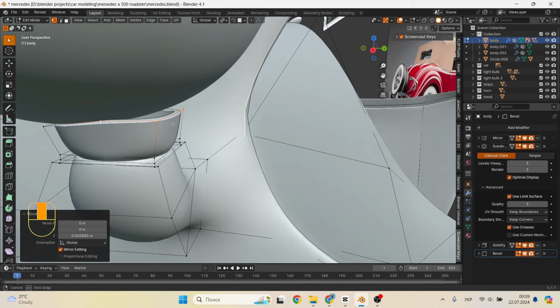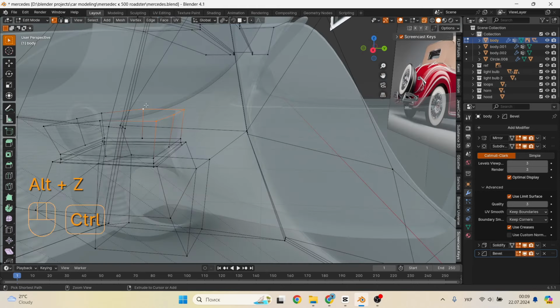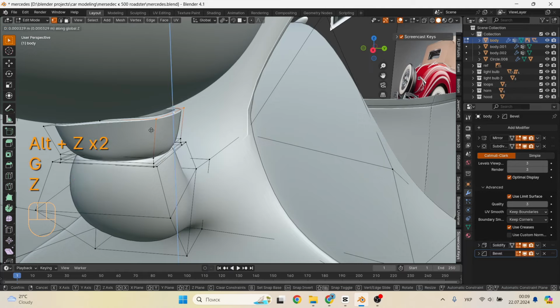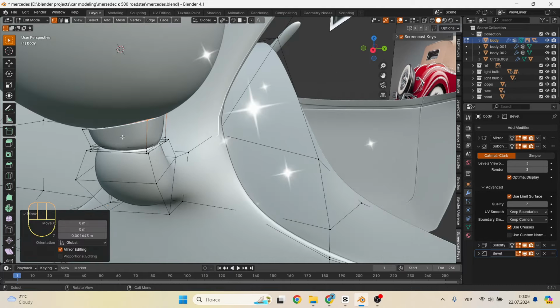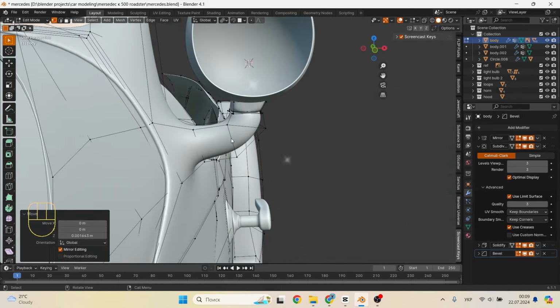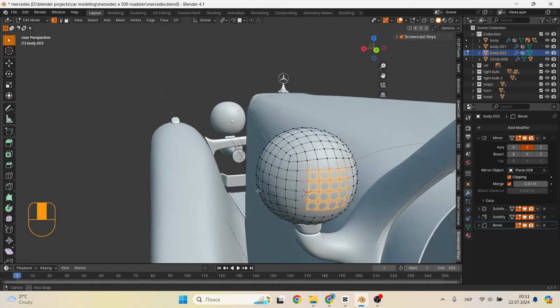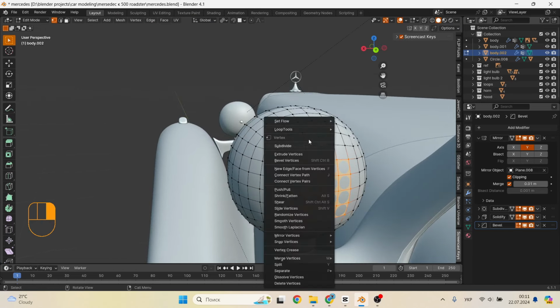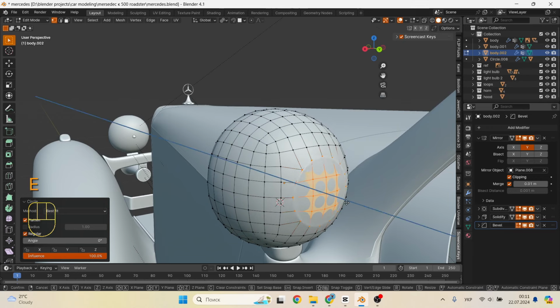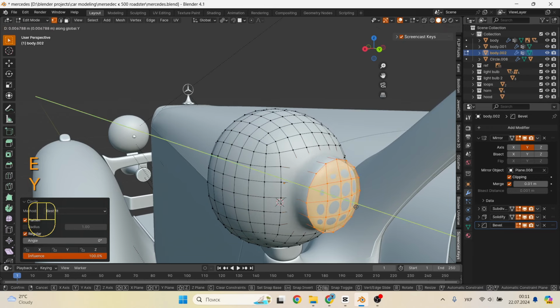Now there is one point that needs to be corrected on all headlight housings. It's good that there are only a few of them. We need to make a thing that you see in the reference. The thing is that they have old-style bulbs, and they are quite voluminous. And to do this, we need to lengthen the back of the headlight housing. But this is a small problem, we will quickly deal with it now.